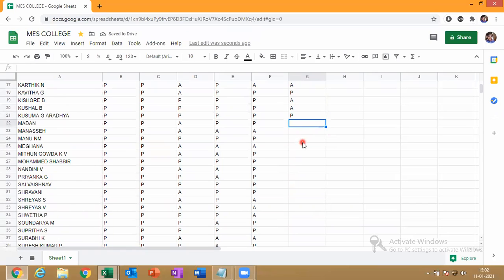Madan, present, sir. Manu, present, sir. Mithun Gowda. Muhammad Shabir. Nandini V.